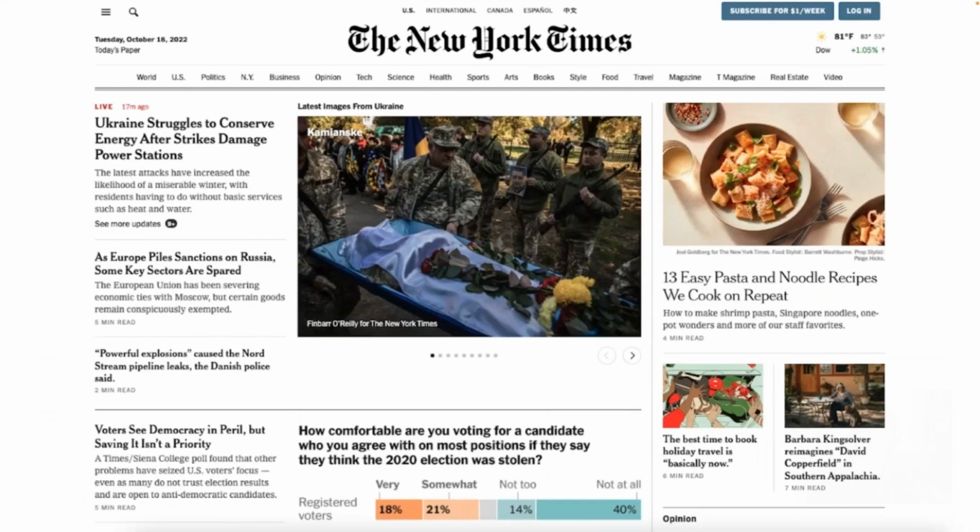Another interesting case study is the New York Times. Now, if I take a look at their website, this is a very lovely website that looks exactly like a newspaper. Someone had to sit down and strategically think, how do I want this to look? How do I want this to work? This content is very familiar to someone who's used to a print environment. Now, where this is very interesting is that if you look at the numbers of people who are looking at their print content versus their digital